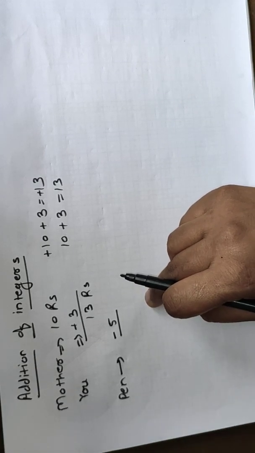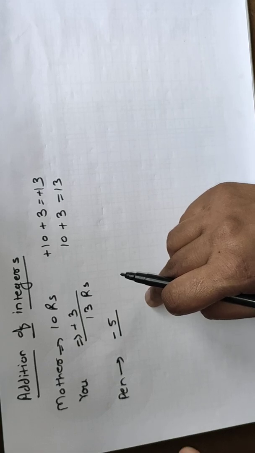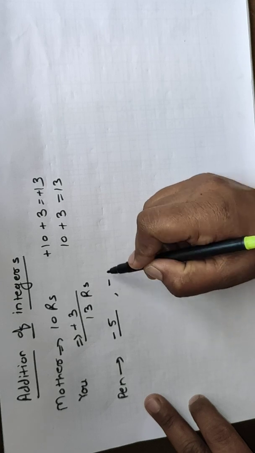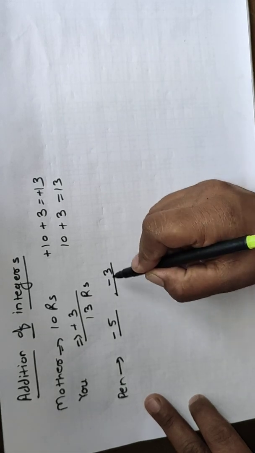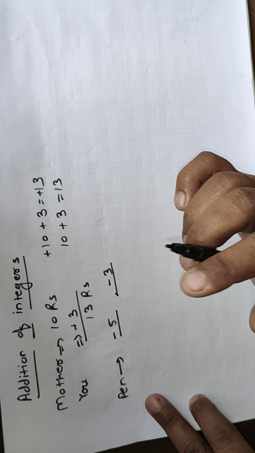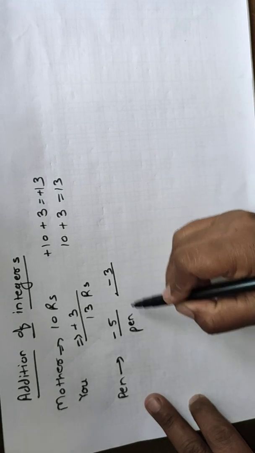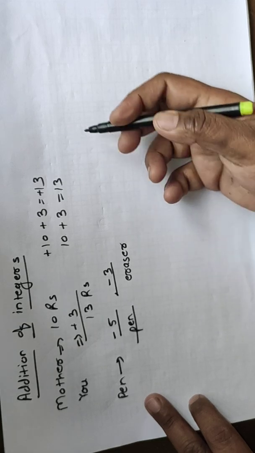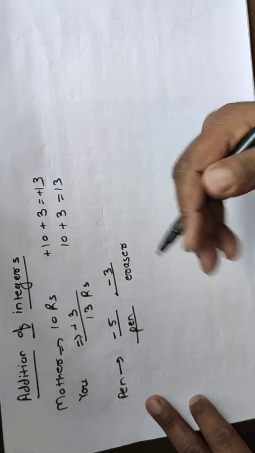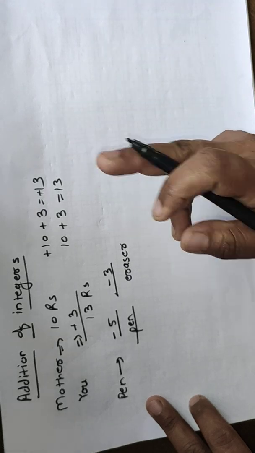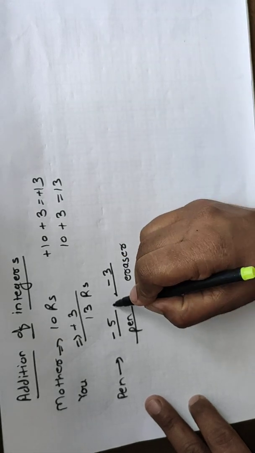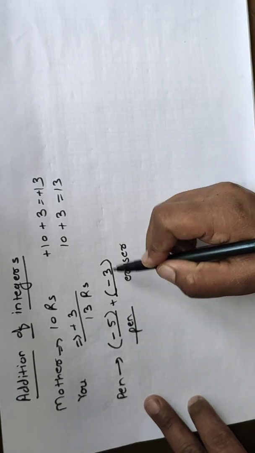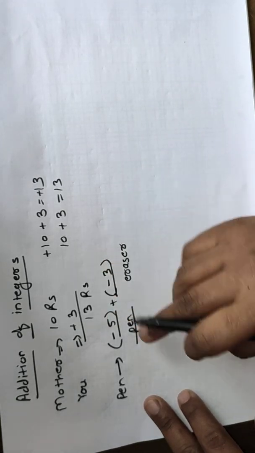If I lend you another 3 rupees, what is your total debit? Again 3 rupees, so it becomes less. Total debit we have to find out. Debit means how many rupees it has decreased. This is 5 rupees for the pen, and 3 rupees suppose you took for an eraser. Now what do we have to do? We have to find how many rupees you spent in total. For total spending we have to do the addition of these integers. So here two integers are there, minus 5 and minus 3. So it is such an addition.